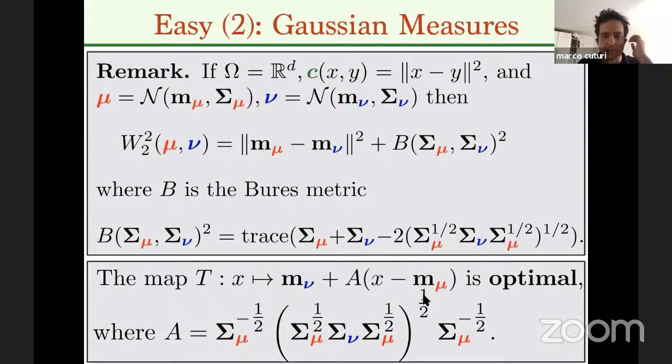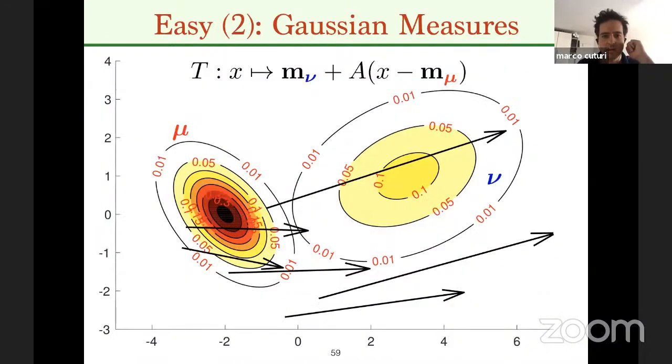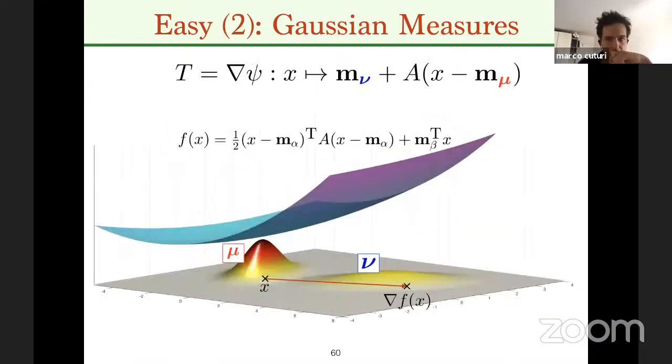All of this conserves positive definiteness. And so, sorry, this is not a psi, this is an F. That T here is the gradient of a function F, and my function F here is just simply the quadratic form associated with A plus MB,